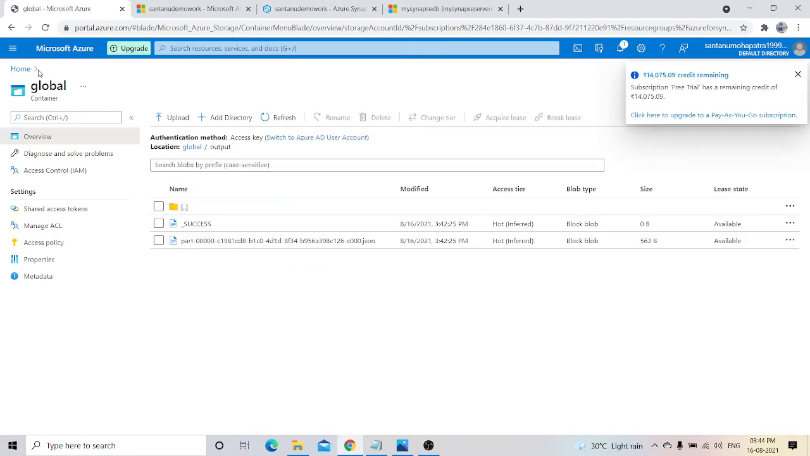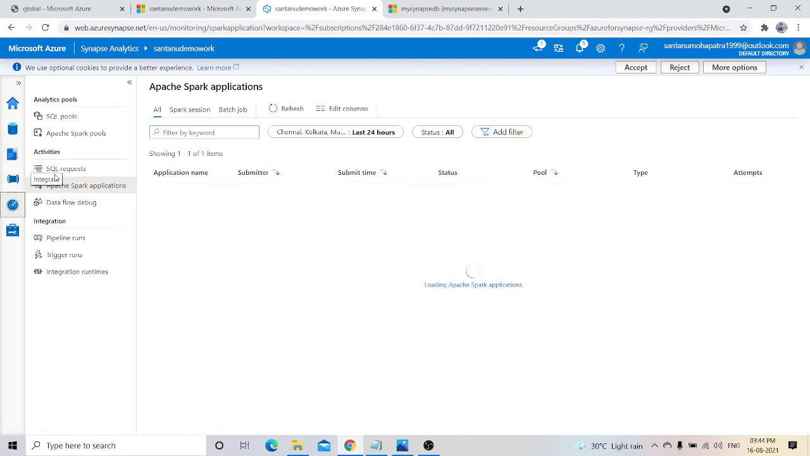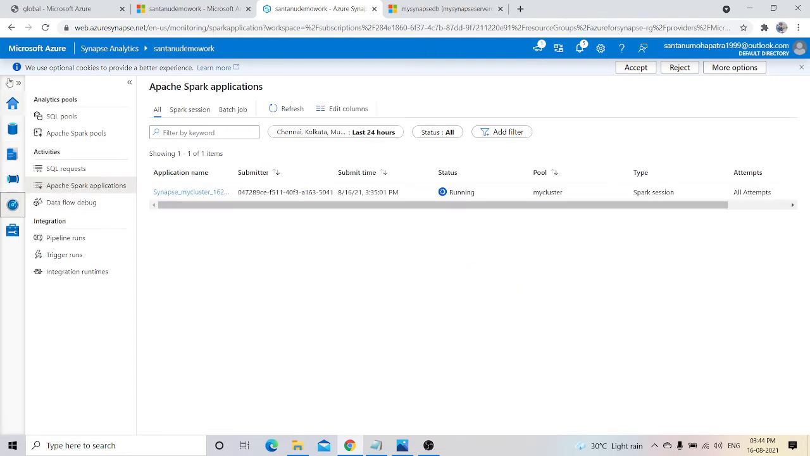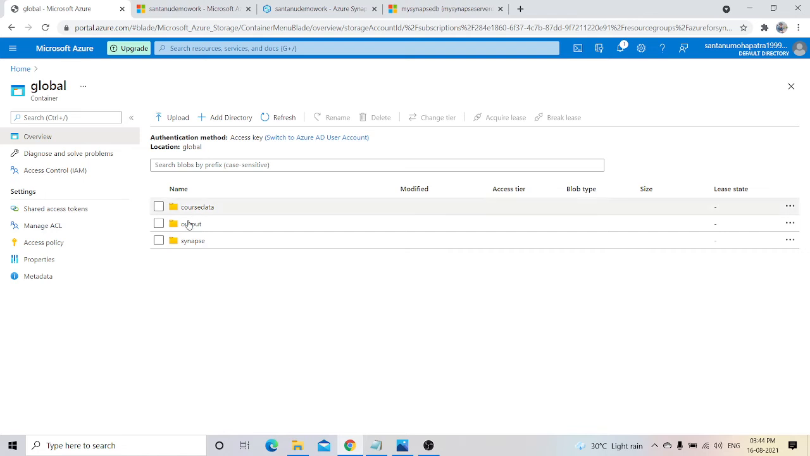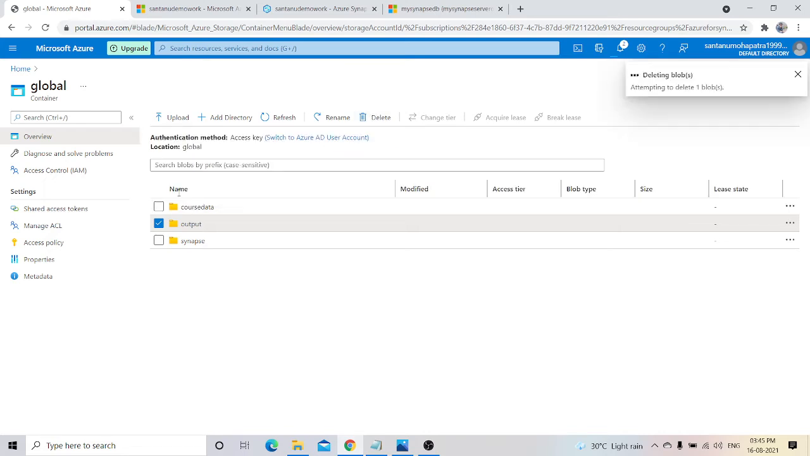So we want this to be generated in a pipeline form. Means we want to create this data in the form of a pipeline, and we want to export it in a pipeline form. So for that, I will delete this output folder. So let me delete it. So after deleting it,